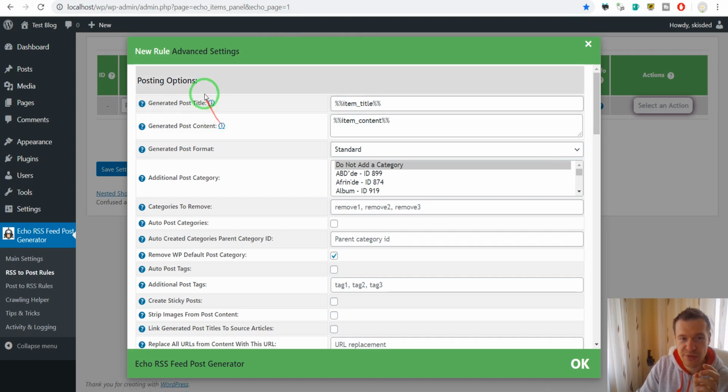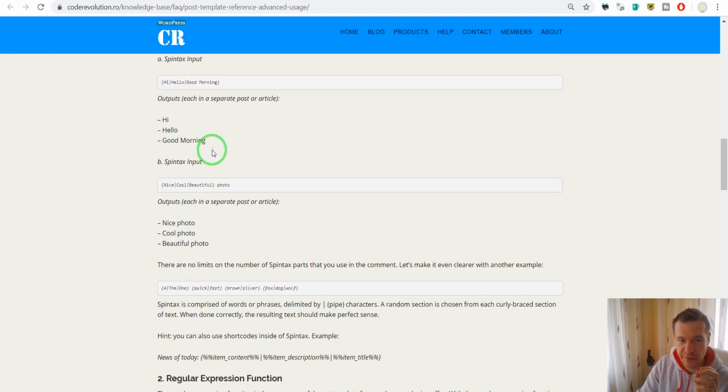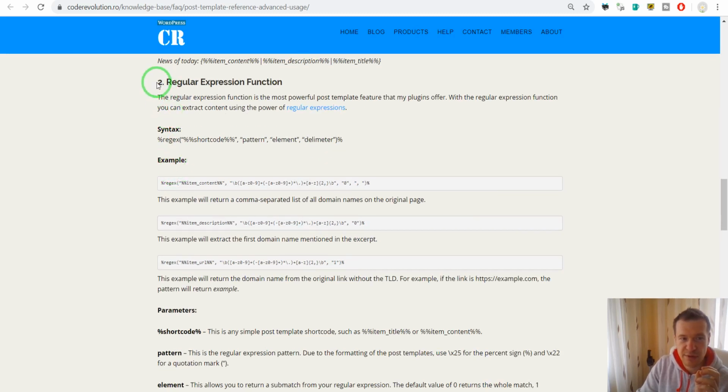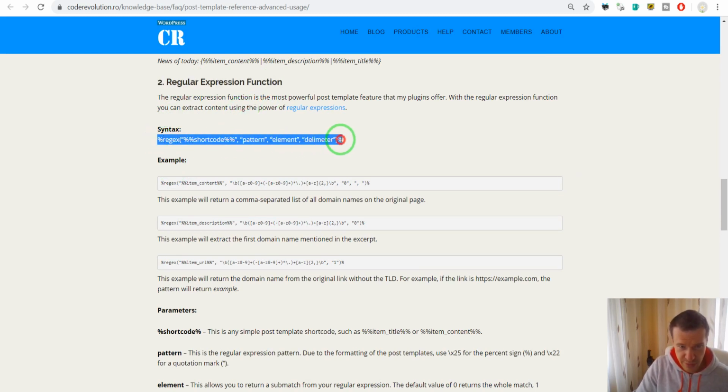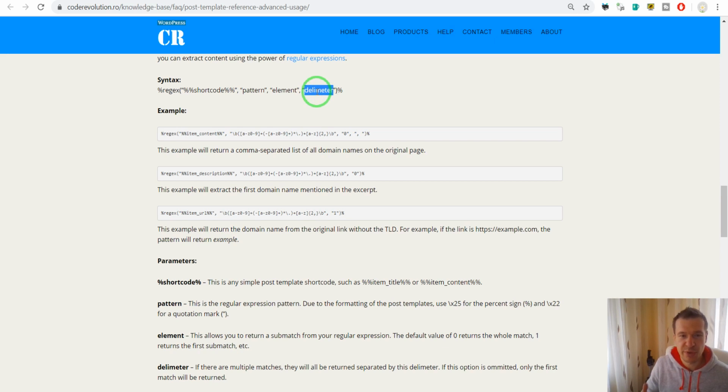You will see these new icons here, and if you click on them, a new reference will come up, and here it is, the regular expression function. This is the new function that this video is about, which was added to all my plugins, and this is its template. The first parameter will be the shortcode which you wish to parse with the regex function, the pattern of the regex, the element number which should be displayed, and the delimiter which should separate multiple values of the